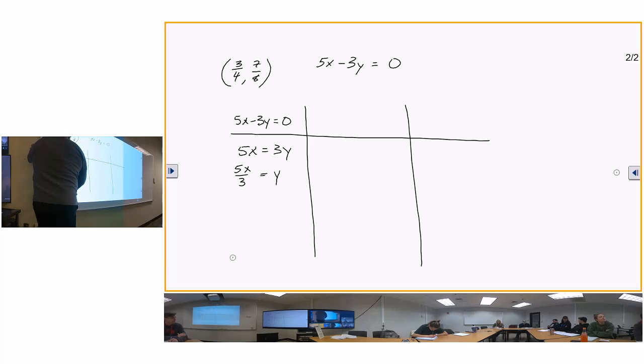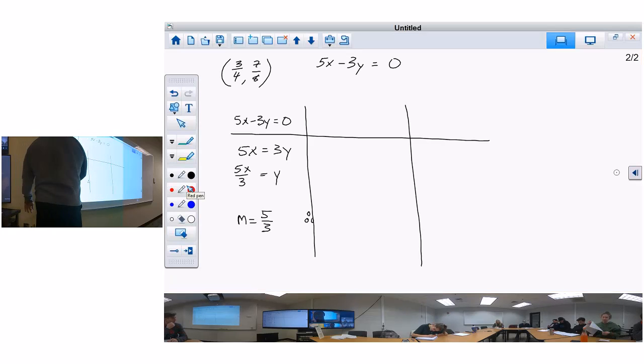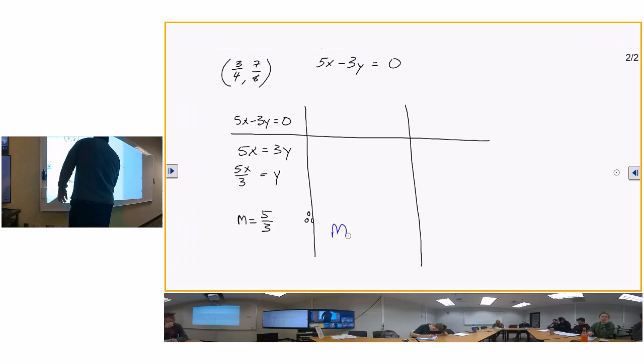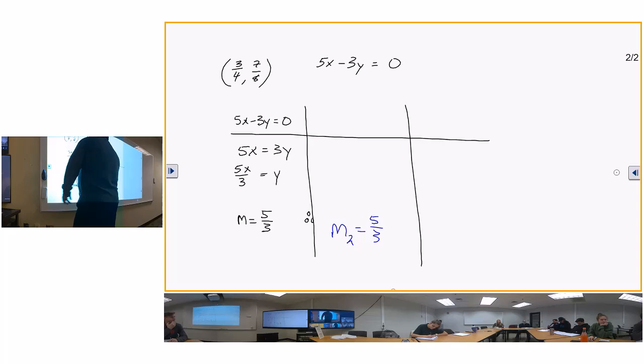So m sub 1 is equal to 5/3. Therefore, m sub 2, I'm going to write it in blue since I don't have posters. m sub 2 is equal to 5/3. And m sub 3,